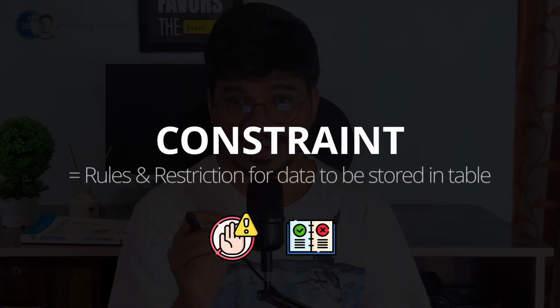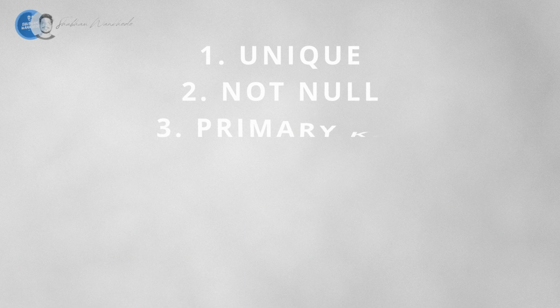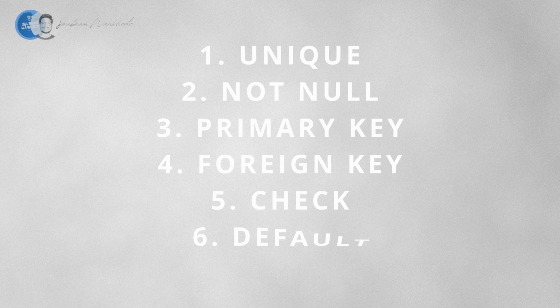Whenever we want to apply some rules and restrictions on the data which we want to store in the columns of the database table, in that case, we can use this constraint so that we can have more control on the data we are trying to store. Like, we can have different rules as a person, but what are the different rules in case of SQL? Well, the different rules or constraint we can have on the data we want to store in the database table are all these constraints can be applied to the database table columns.